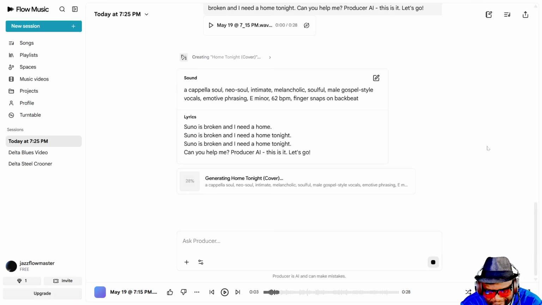Oh, it put "let's go" in the lyrics. That wasn't part of the lyrics, but nonetheless. Okay. It's cooking. Let's see what it does. If it can get the key and the vibe, then